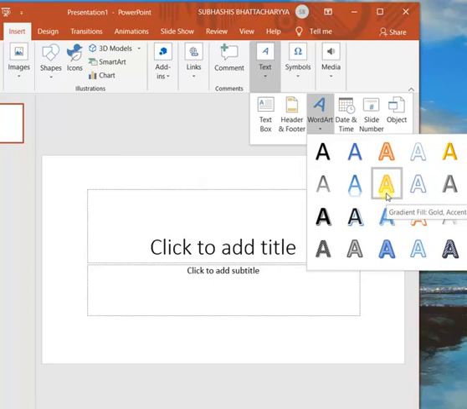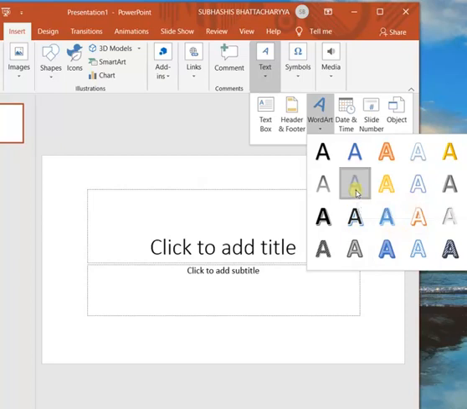Like in your phone there is a gallery for photos. All the photos are kept in the gallery. Similarly, here different styles are there. These styles are kept in this word art gallery and they are predefined. That means already previously they are inbuilt within the PowerPoint system. Now you can choose any word art of your style.